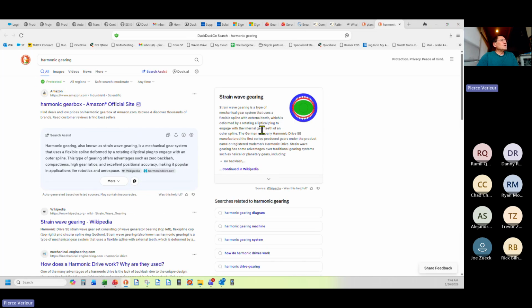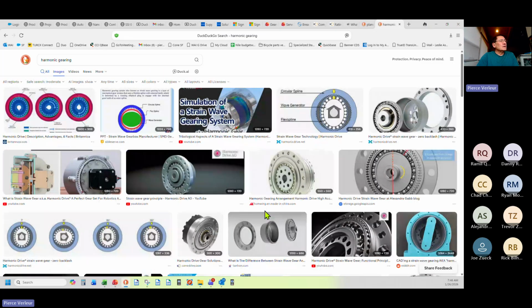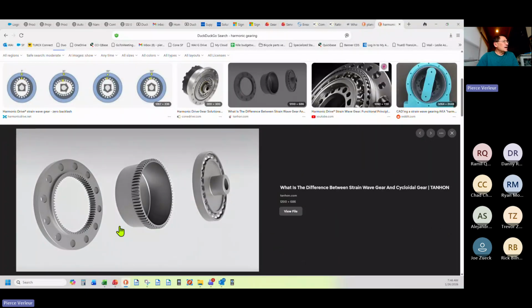Harmonic gearing is also called strain wave gearing. Basically, what's involved here are three parts. You have this part, which is on the servo motor shaft. And by the way, this is not a round, it's an ellipse. And then you have this part, which is an externally toothed flexible element. This happens to be a cup style. There are different styles of elements used, but the primary thing here is you have an externally toothed element that's flexible. You fit this ellipse inside it, and it distorts this